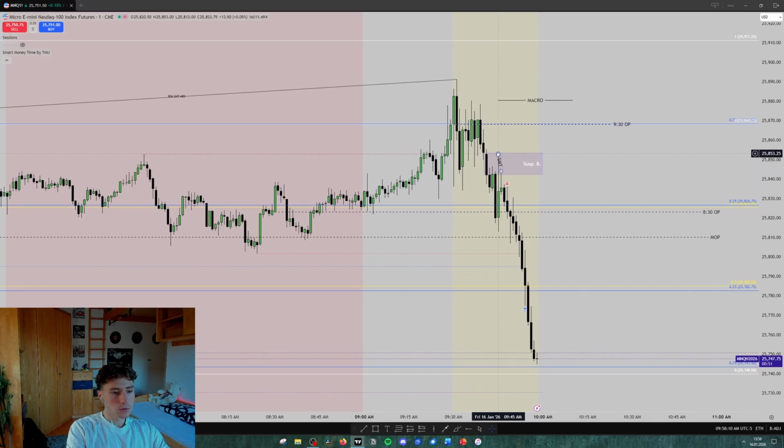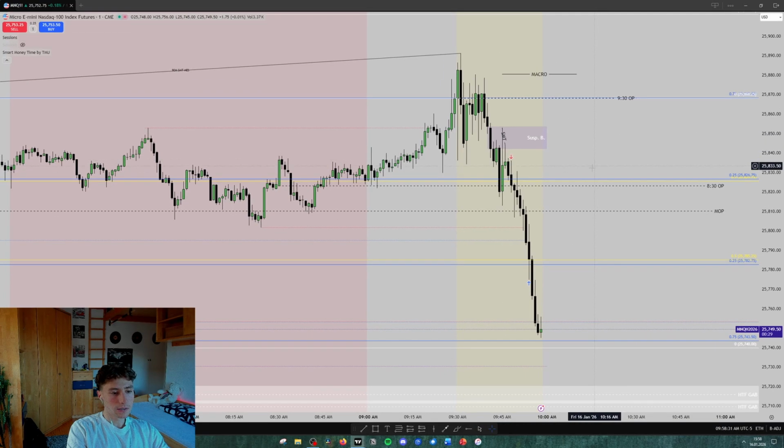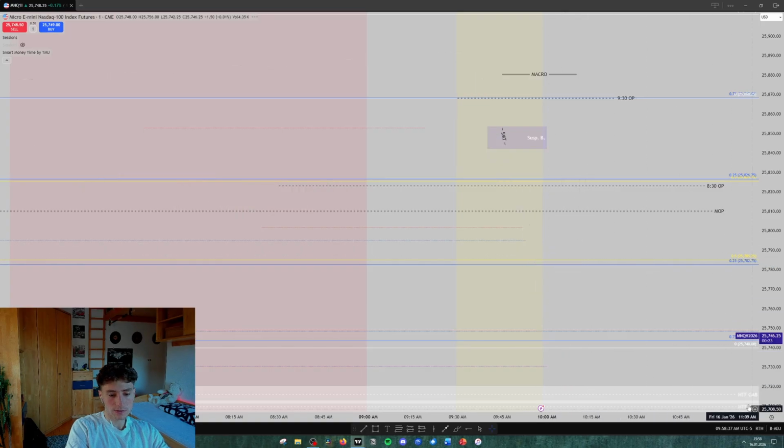But then we had a really lower time frame SMT in here. So NQ failed to take out the high right here. I entered because I knew, okay, if we are going to trade lower, the high within the suspension block has to be in play. And therefore my stop is valid above the swing high right here. That's definitely the valid invalidation point. And we had really clean liquidity draws and also regular trading hours, which I will now basically go to.